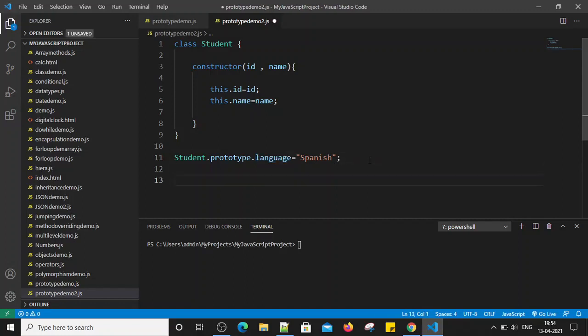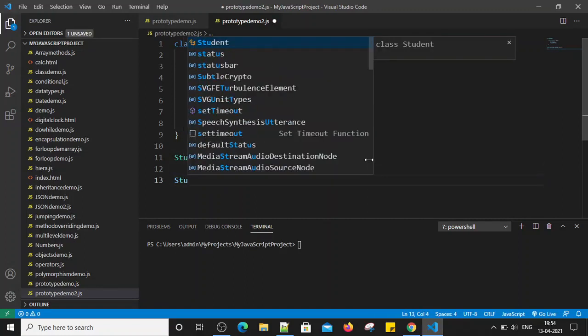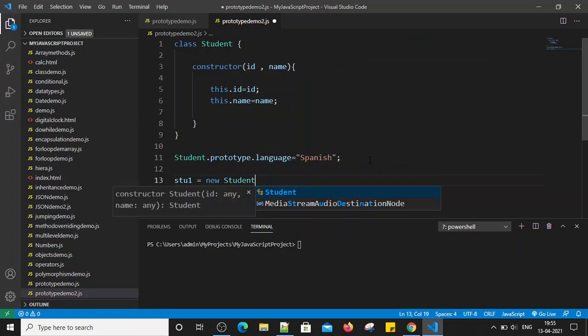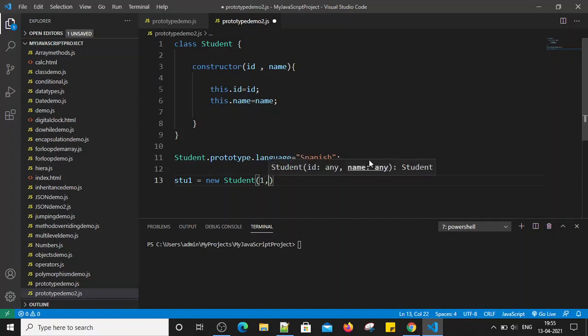Now I am going to create one object of the Student class. Let's say stu1 = new Student, and we have to pass the values: let's say I am passing id as 1, comma, name as, let's say, Jack. And then to access this, so we have created one object, right?